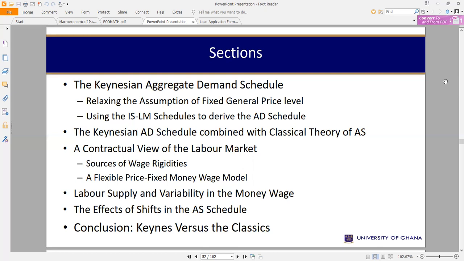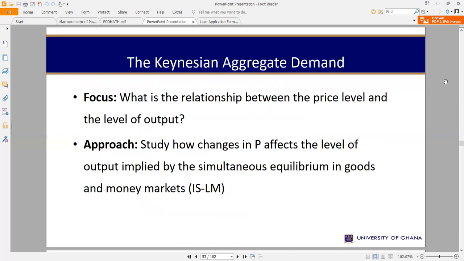Then we'll look at a model where prices can freely move, but wage is held constant. Then we'll look at what monetary and fiscal policies will do to the general price level and the aggregate output. So we'll quickly look at all those things. Now, for the aggregate demand, the main focus is to look at the relationship between price and the output level. When we talk about the aggregate demand curve, it's just a curve that describes the relationship between price and aggregate